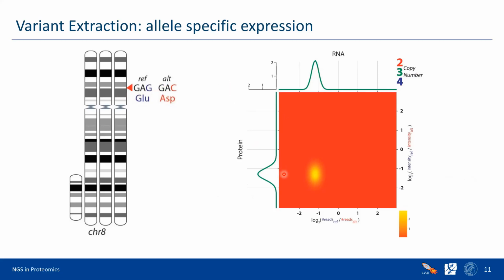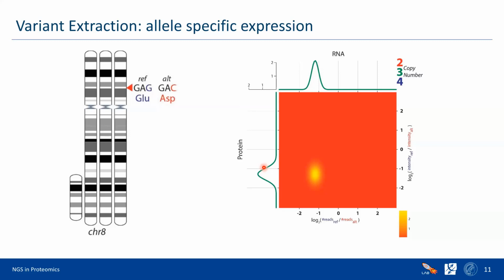Cool. Okay, but now let's look at what this ratio of reference to alternative looks like from the transcriptomic point of view. And we see that this cloud is around -1. That means that on a logarithmic scale, it's a 1:2 ratio. So that means that we have one chromosome with the reference variant and two chromosomes with the alternative variant. And the cool thing about this study is that we can also look at how